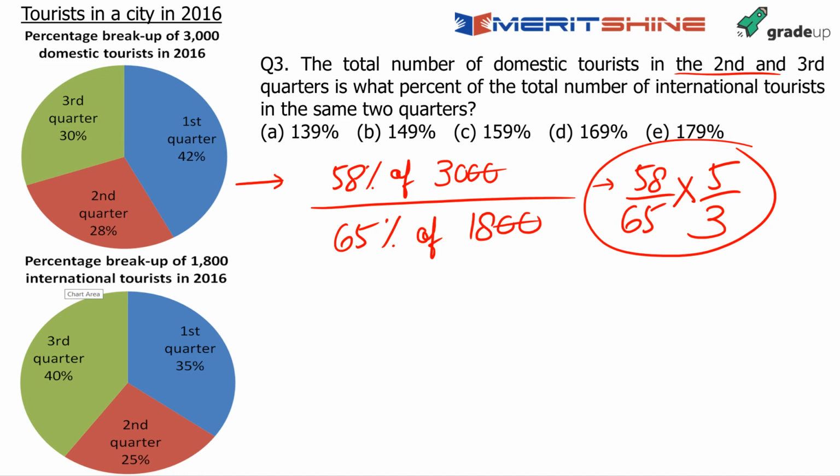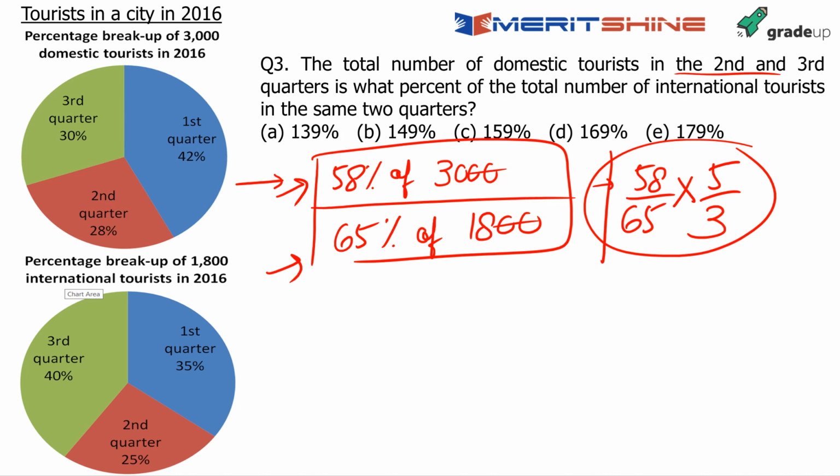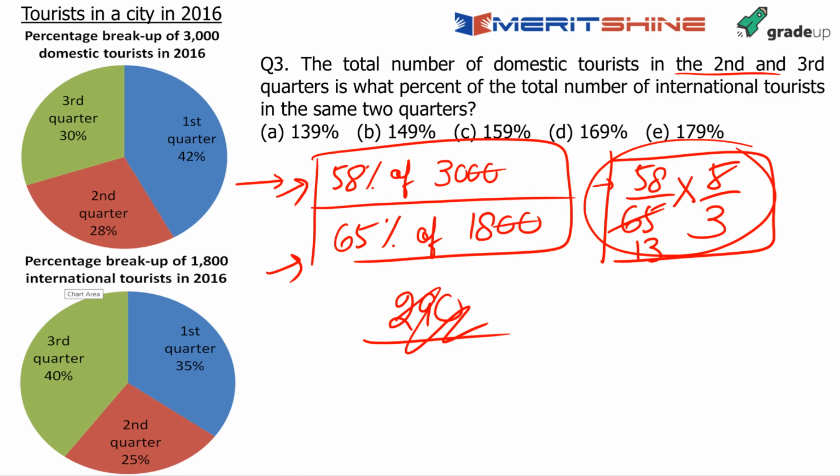Okay. So that's there in front of you. What I have done here is taken the difference in domestic and international. I have put domestic on top here, and these are the international ones, and I arrive at this number. What is this number? 58 into 5 I think is 200, and in fact this will cancel now, let's see. And this is 65 into, okay, it is cancelling, right? Let's do this. This is how much? This is 13.